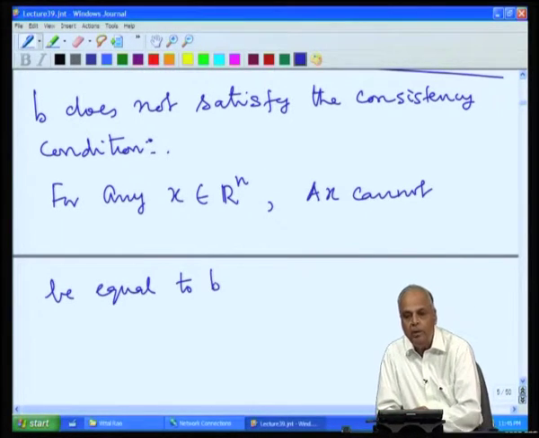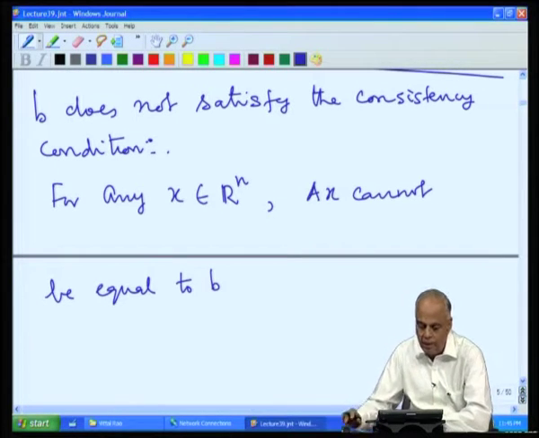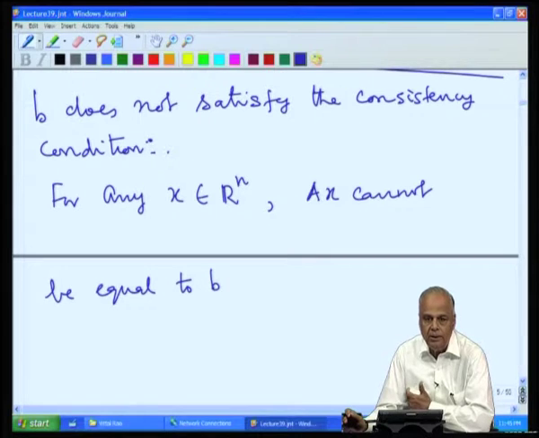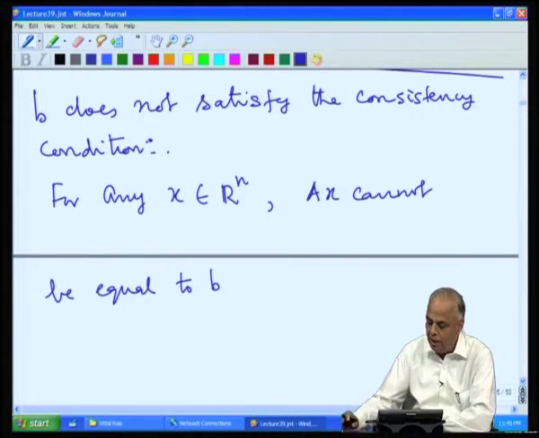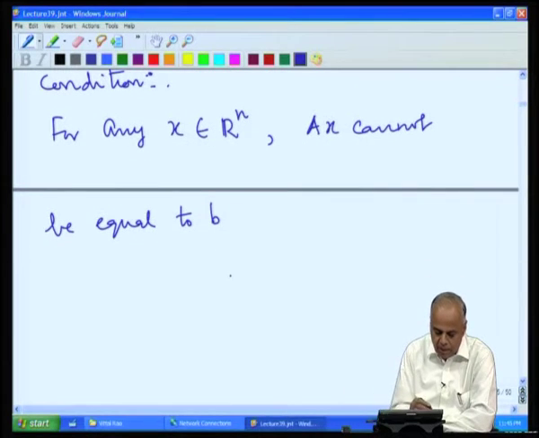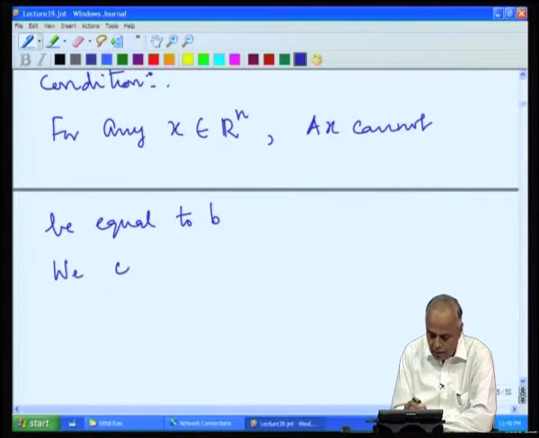What this means is Ax belongs to the range of A, but b does not satisfy the condition, meaning b does not belong to the range of A. So, Ax and b can never match each other. Therefore, we consider the error,